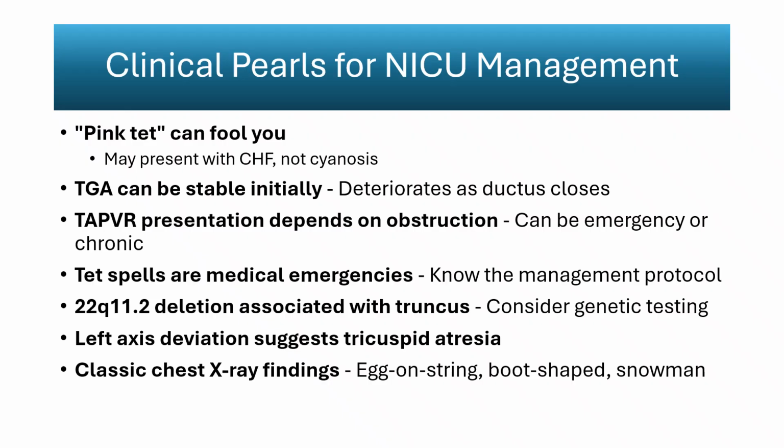Hypercyanotic or TET spells are true medical emergencies. Immediate recognition and protocol-driven management can be life-saving. Genetic testing should be considered in truncus arteriosus due to the strong link with 22q11.2 deletion. Left axis deviation on electrocardiography is a key diagnostic clue for tricuspid atresia. Classic radiographic patterns also provide anchors: the egg-on-a-string silhouette in transposition, the boot-shaped heart in tetralogy, and the snowman sign in supracardiac TAPVR. These practical cues allow for rapid bedside differentiation and guide early